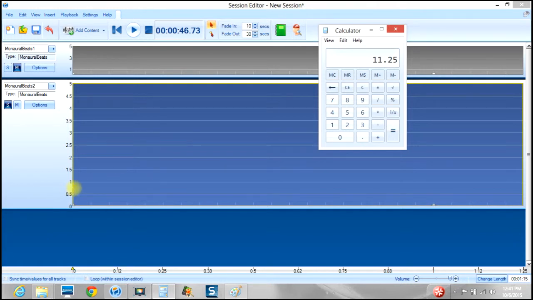11.25 hertz, this little range in between my 9 line segments. However, I didn't start at 0, so I have to add the 15 that I started at. So 11.25 plus 15 is 26 hertz or so. That is my minimum audible using 9 line segments, using my headphones and the Lenovo G505